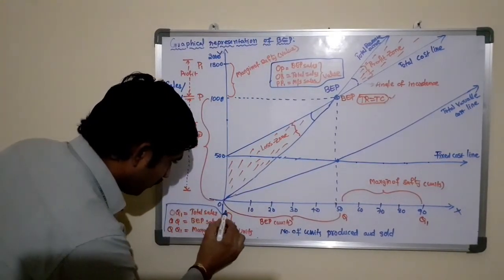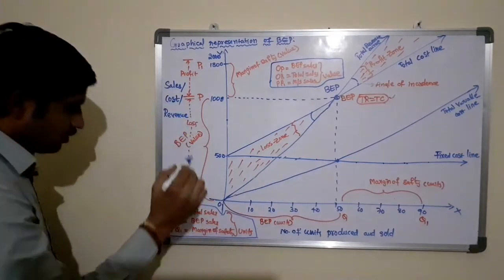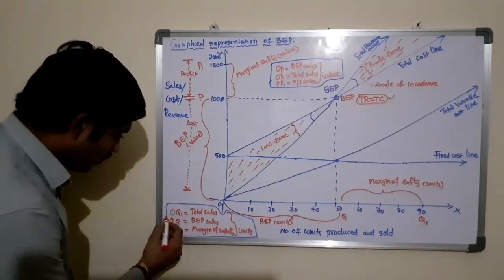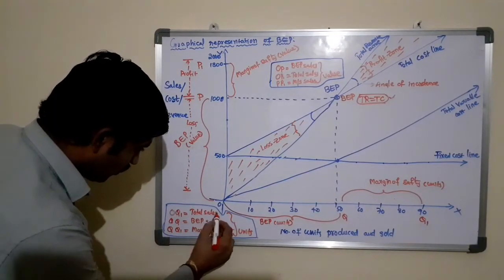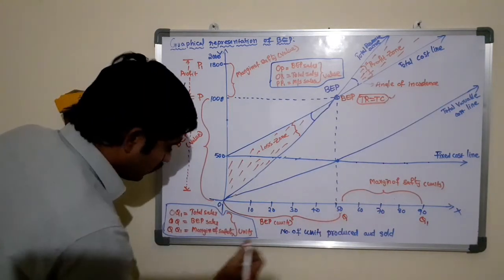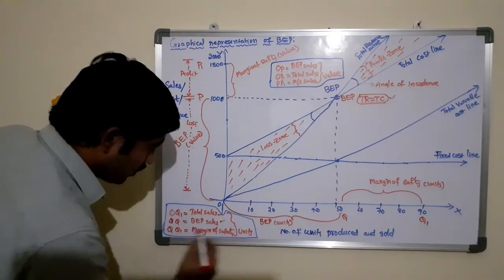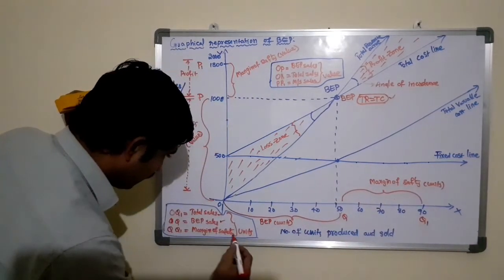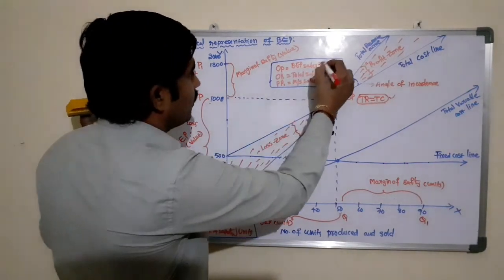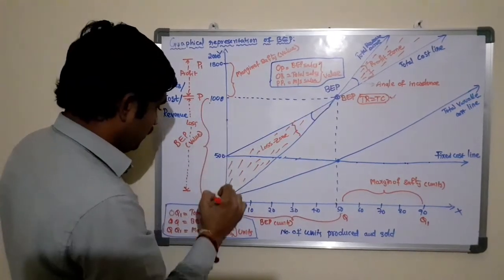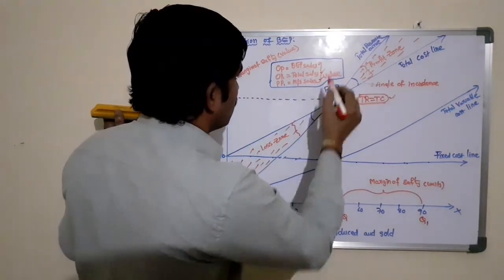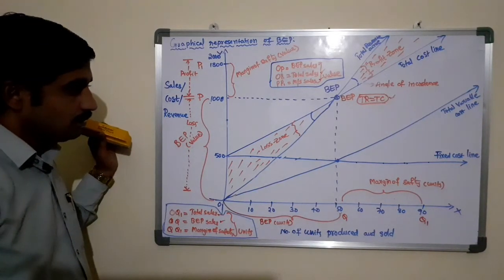This is about the number of units, and it is the total sales. What are the OQ1, total sales, O to Q BEP sales, Q to Q1 margin of safety in units, where O to P BEP sales, OP1 the total sales, P to P1 is margin of safety in value.